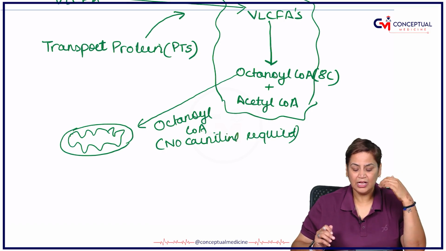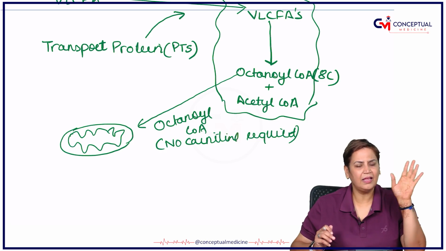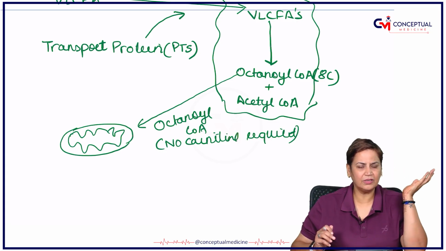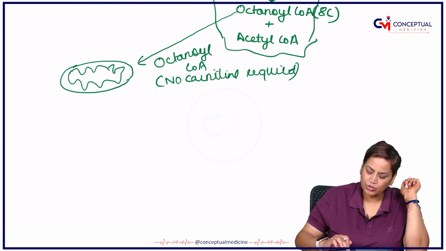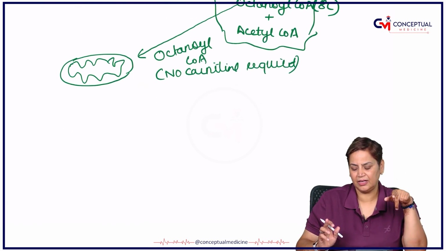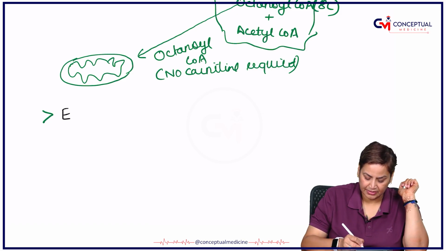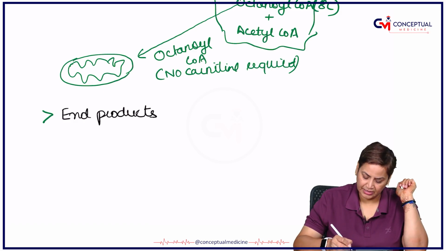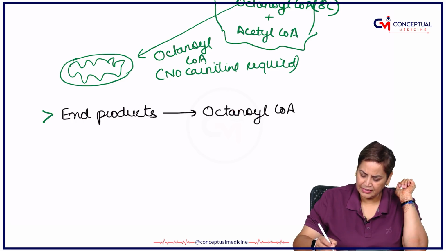This is very important. So very long chain fatty acids produce octanoyl-CoA, which will enter into the mitochondria, and finished octanoyl-CoA will undergo simple oxidation. Right? Now what is the difference here? The most important point which we have to remember here is that here H2O2 is also produced. So we can say that first of all, end products of beta oxidation are octanoyl-CoA plus acetyl-CoA,